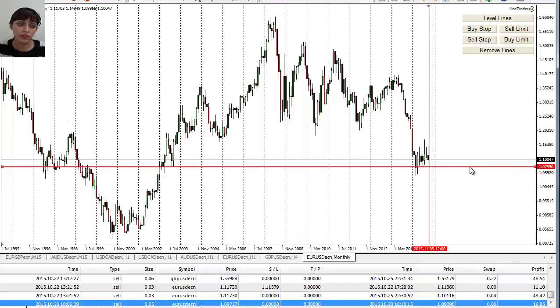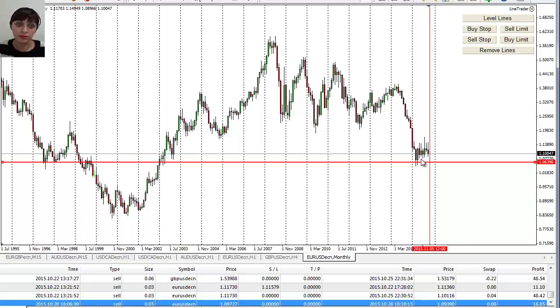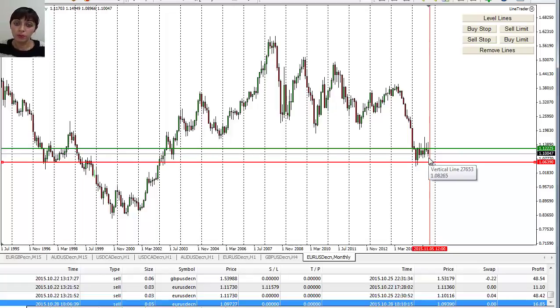On the monthly chart, you can see from the previous history, I was making videos and predicting that there would be an unknown situation here, and that's exactly what's happening, because we actually had it before. You remember this from the history? We had something like that, and this is what's happening right now. The market doesn't know where to go. Before we had a downtrend, monthly Euro dollar was going down, and now it's an unknown situation. The market can't decide if it wants to continue the downtrend or go up.